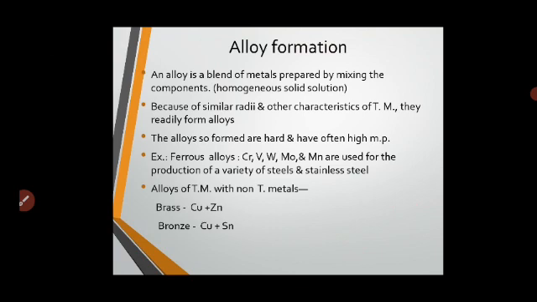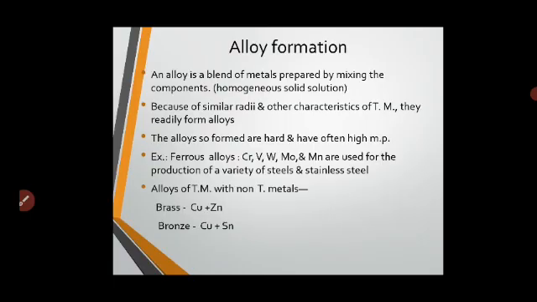Even we are using wrought iron or any other iron things, right? So these are alloys, which are ferrous alloys, that is iron alloys. Even in our day-to-day life, we are using some alloys like brass or bronze, which are with non-transition metals, for example copper and zinc or copper and tin. These are non-transition metals. Okay, so this is how the properties of the transition metals are finished, and in the next class we will study f block elements.